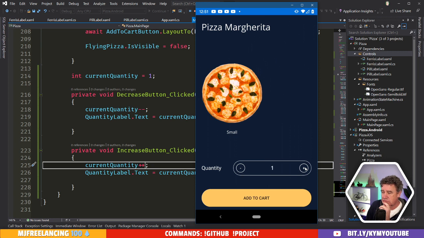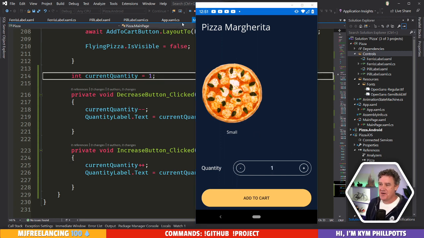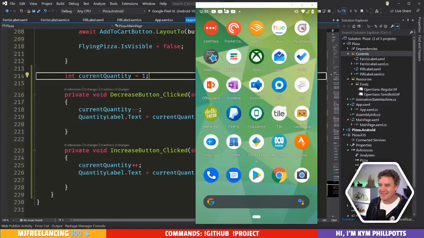Oh, like the numbers are wrong. But it's kind of working. All right, so we need to update. We need to know the two different